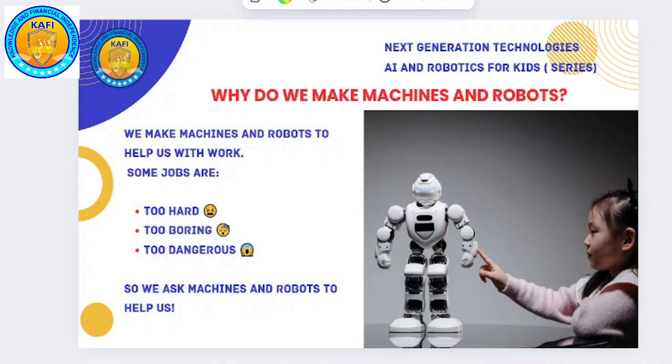Okay, the thing is that robot. You see this robot in the picture. A robot does not always look like this. It does not always look like this boy or man. Understand that? It does not have to have a face and arms and legs. All right. It can be anything else as well.